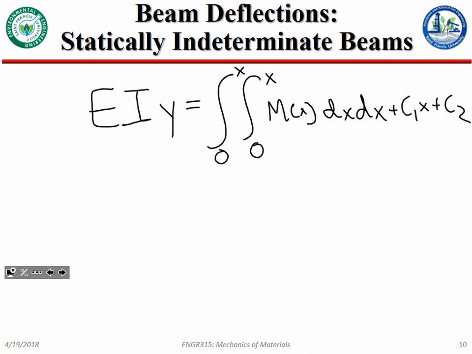So, bending stiffness, the elastic modulus times the second moment of area, times vertical displacement, is equal to the double integral of bending moment with respect to x plus some constants of integration. Remember this from last time? Yes? Cool. And actually, this would be a little bit more intuitive